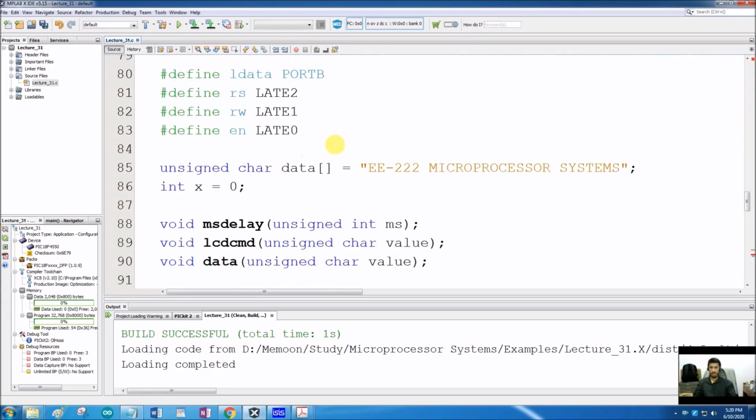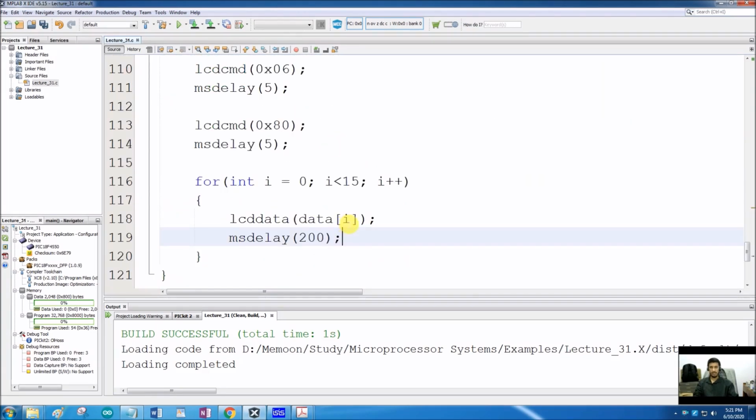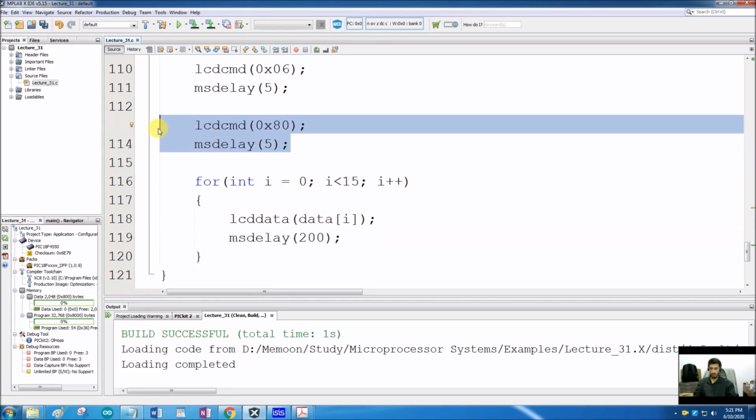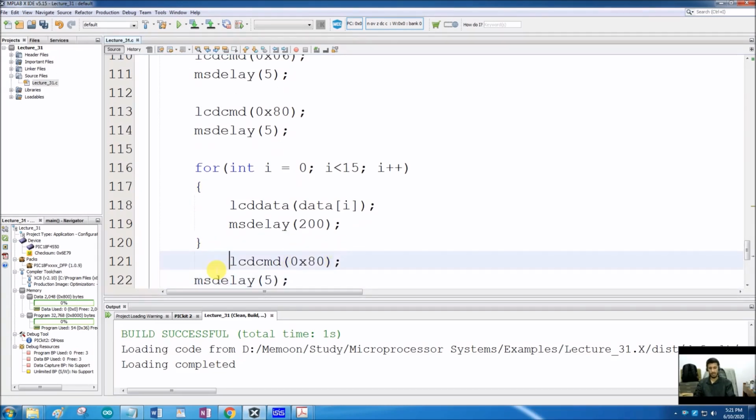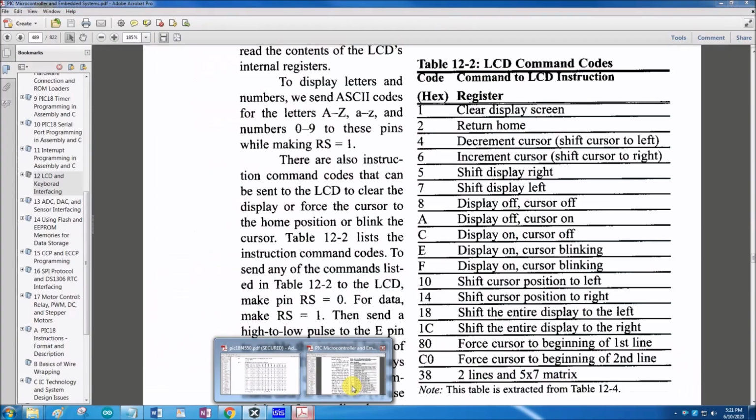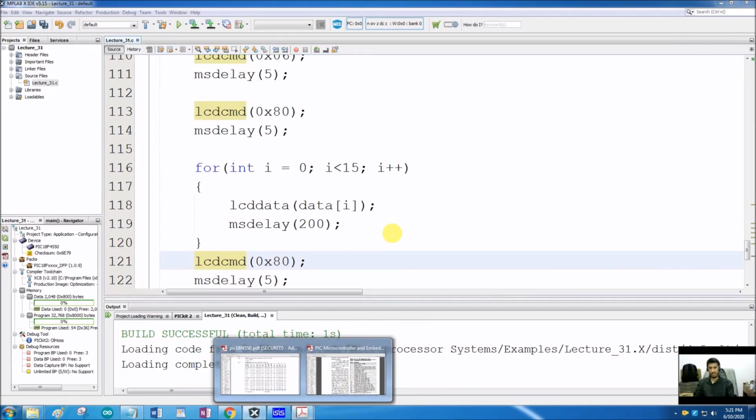So what will happen here is it will send the characters number 0, 1, 2, 3 up to 15 using this loop on the first line, and then I have to send another command after finishing this loop. I have to send a command to the LCD to shift the cursor to the second line. And what was the command for that? 0xC0.